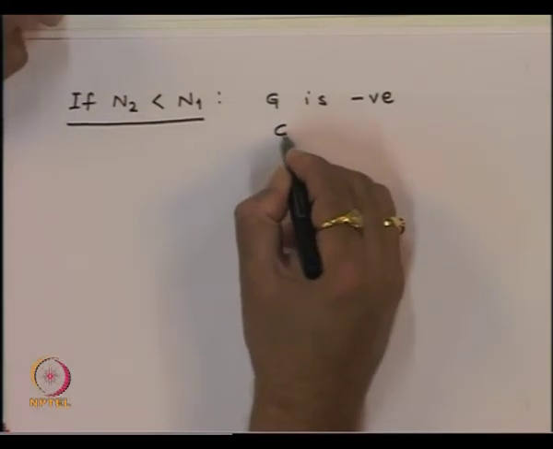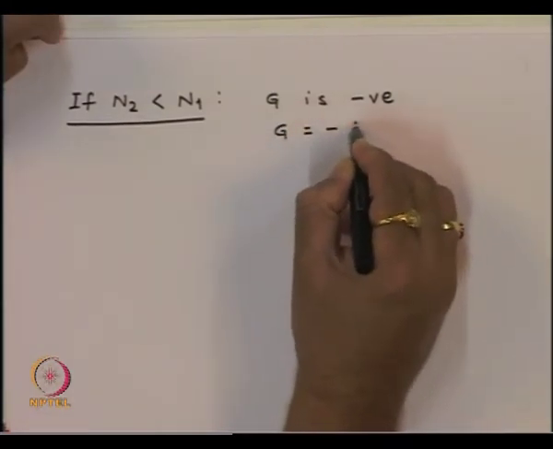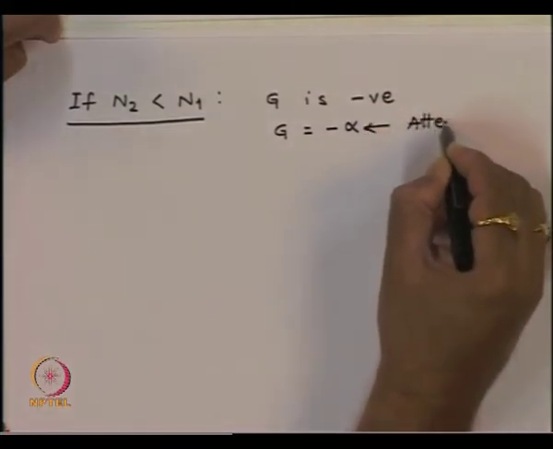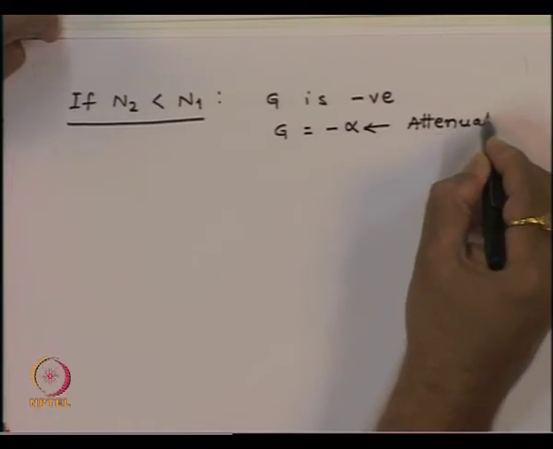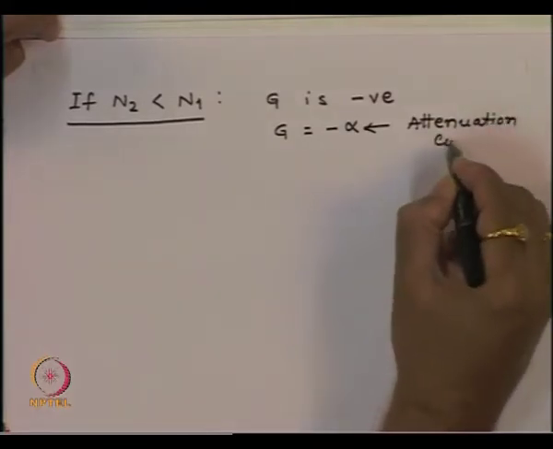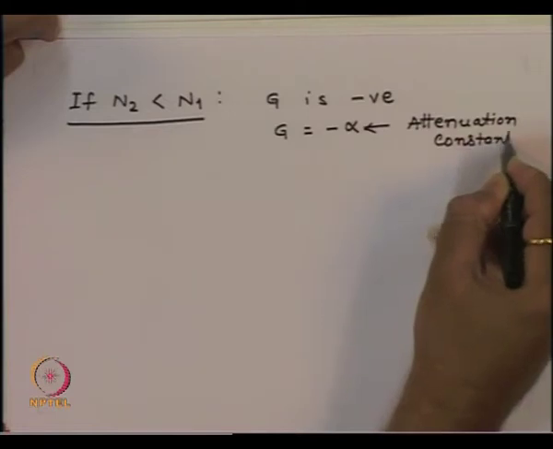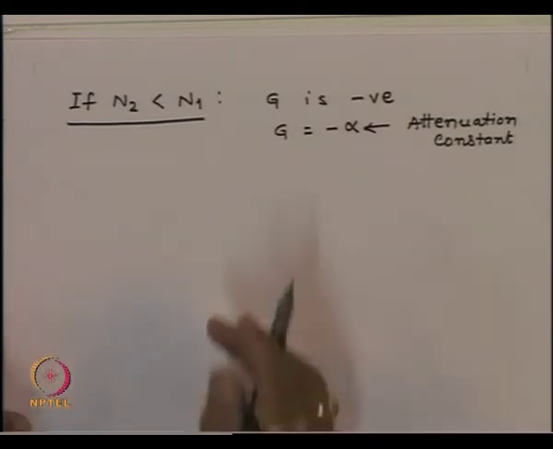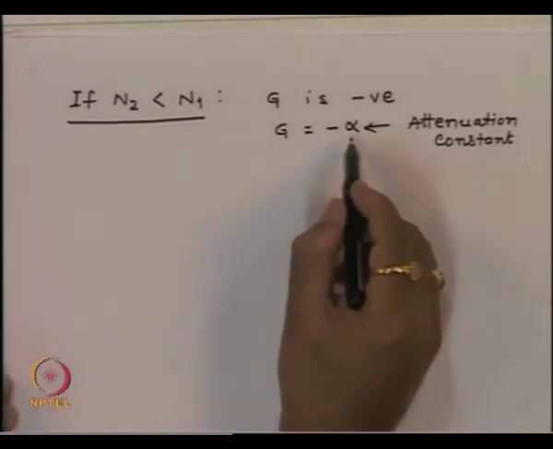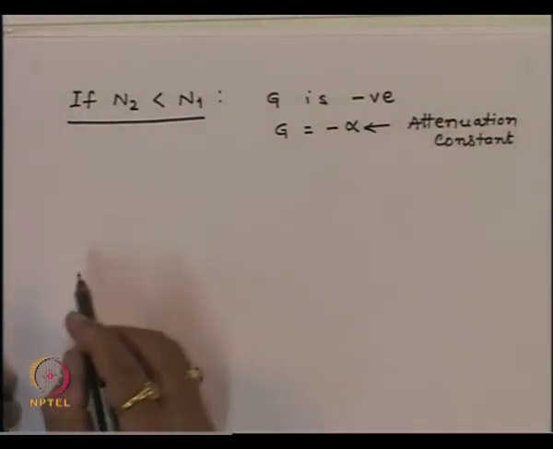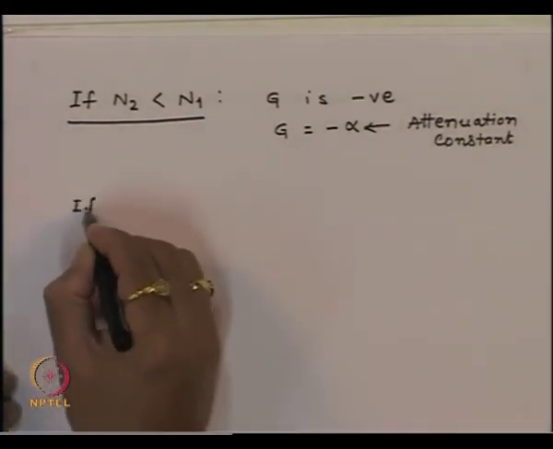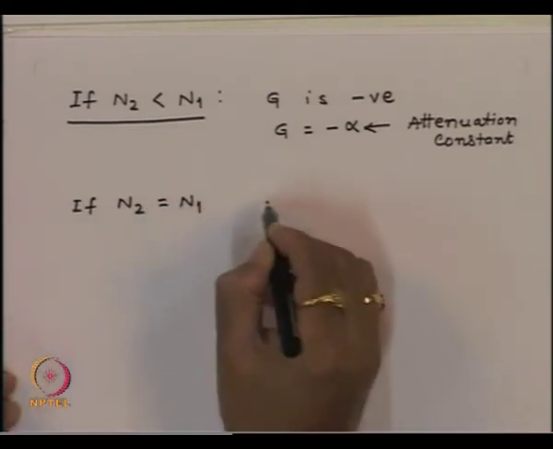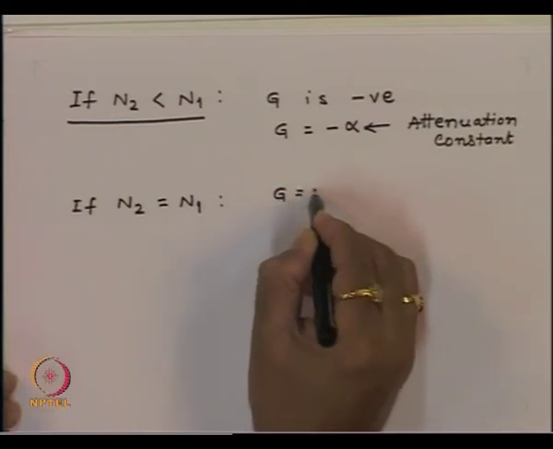So, g is equal to minus alpha, where this quantity is the attenuation constant. So, if I have a normal situation, then there is the exponential loss and energy will decay exponentially by the attenuation constant alpha. If n2 is equal to n1, then g is equal to 0,